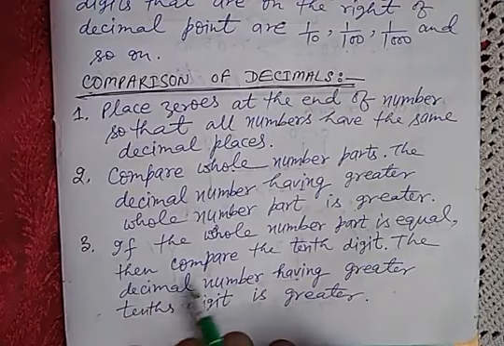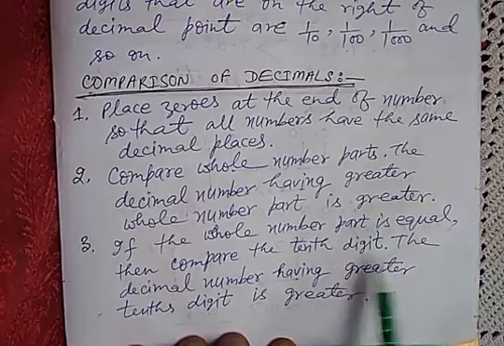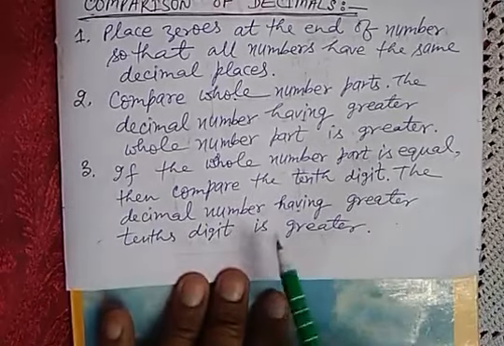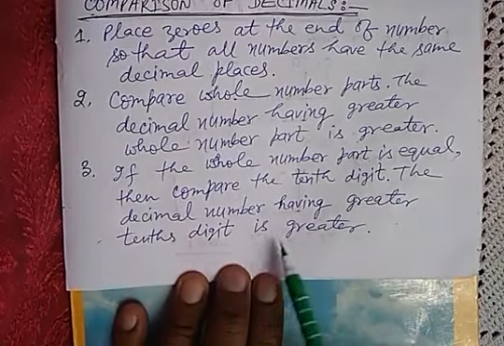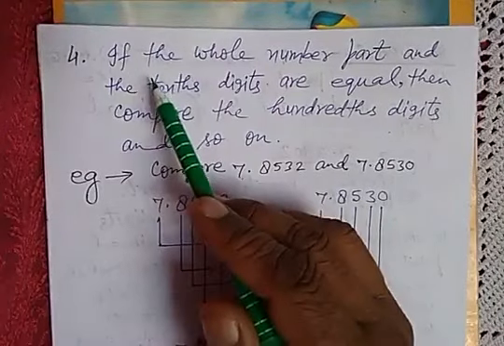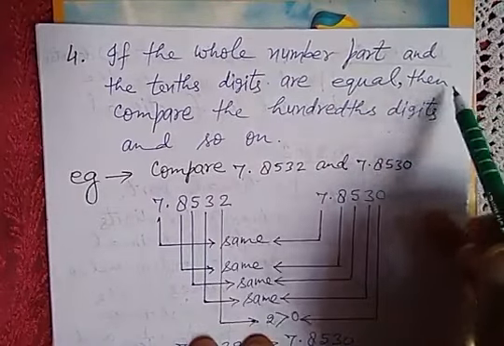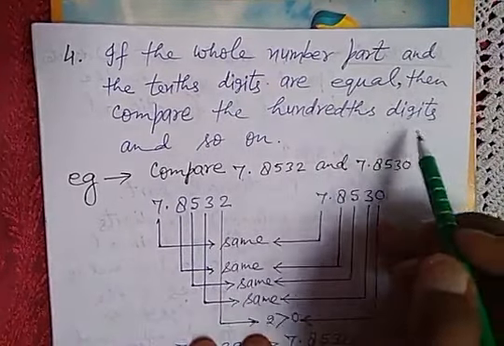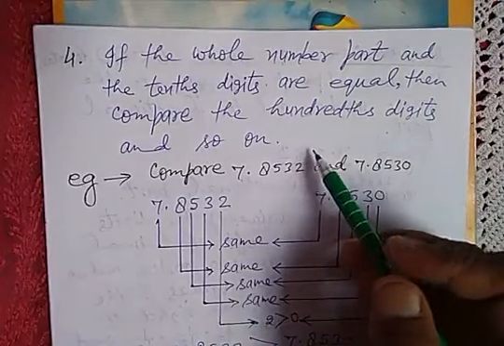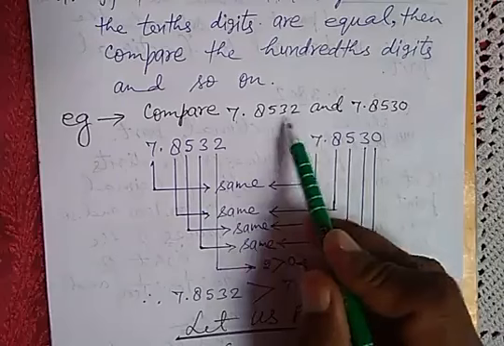Third point: if the whole number part is equal, then compare the tenths digit. The decimal number having the greater tenths digit is greater. Fourth point: if the whole number part and the tenths digits are equal, then compare the hundredths digits and so on. For example, we have to compare 7.8532 and